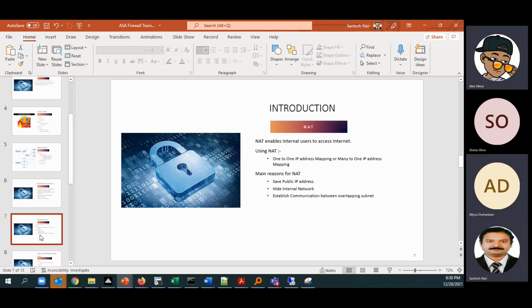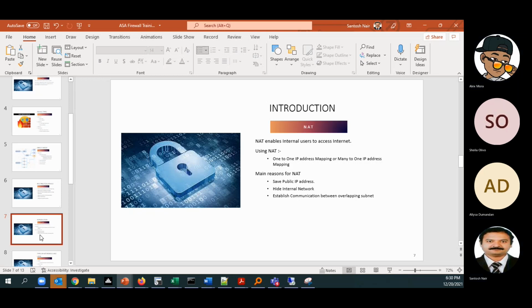Suppose you are at home, your full family is using the internet. Your home router also does this, right? Correct. So mainly it is used for access of the internet.